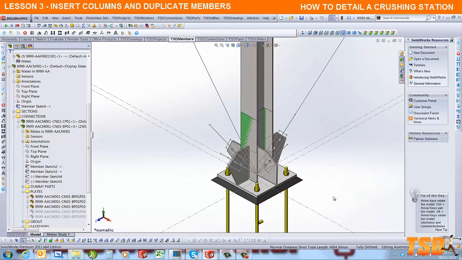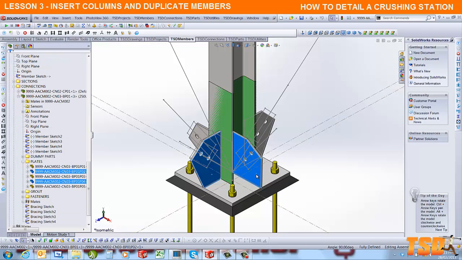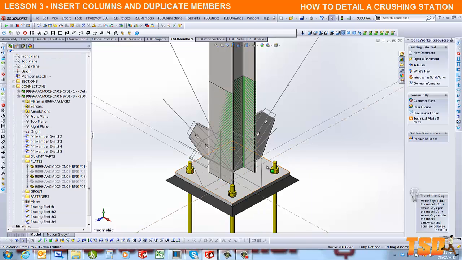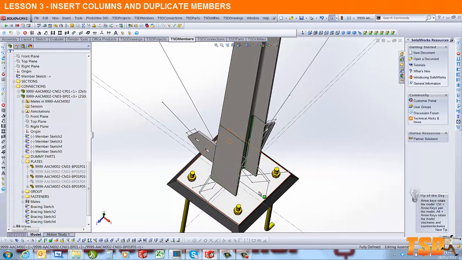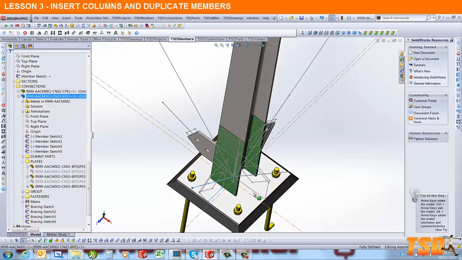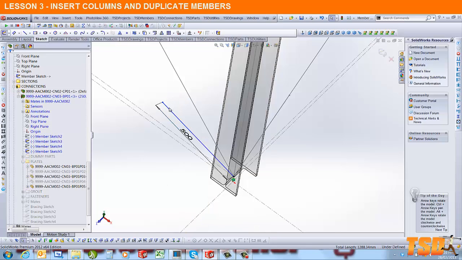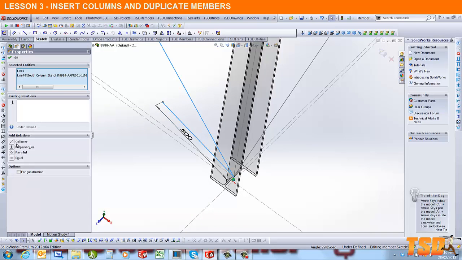We also have to do the same on the right column. We have this plate and this plate not being used, so we'll suppress those. And if you just rotate around just ever so slightly, you can select the sketches in a group and hide those sketches that aren't being used either. What you will also see is you have a member sketch line in both that will need updating. Make that parallel,